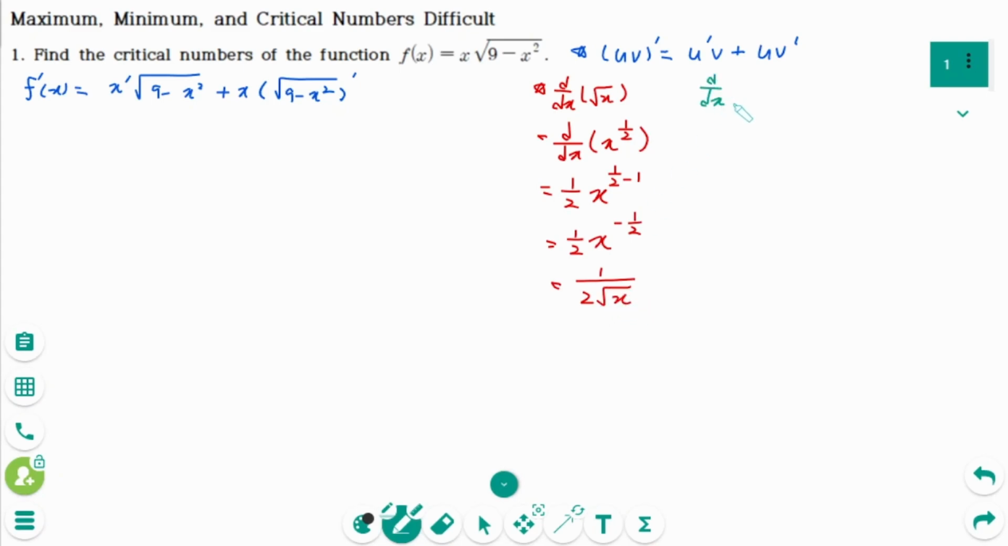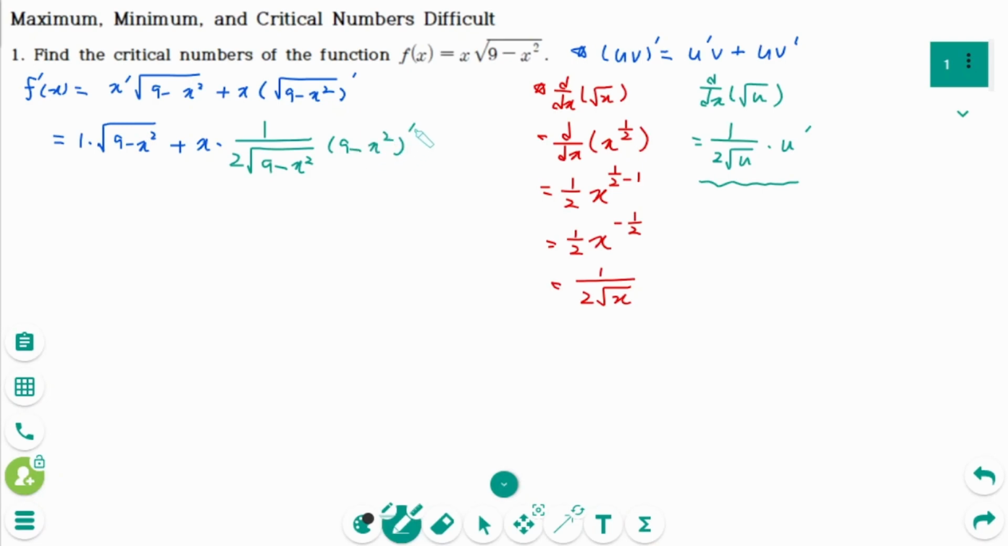Then d/dx of the square root of u equals, using the chain rule, 1 over 2 square root of u times u'. Then back to the original, x' is 1, then the square root of 9 minus x squared plus x times, use this, 1 over 2 square root of 9 minus x squared times (9 minus x squared)', equals the square root of 9 minus x squared plus x over 2 square root of 9 minus x squared times